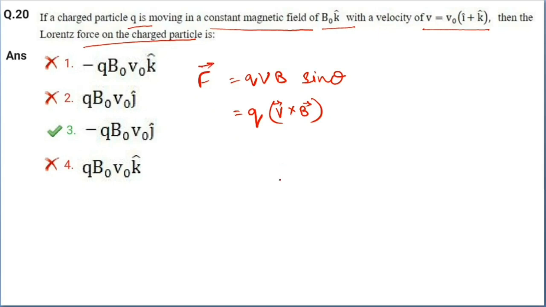Now what is given? Q is given, charged particle Q is moving, magnetic field is B naught k cap, and V is V naught i cap plus k cap. Let's put Q V cross B. B naught k cap cross,